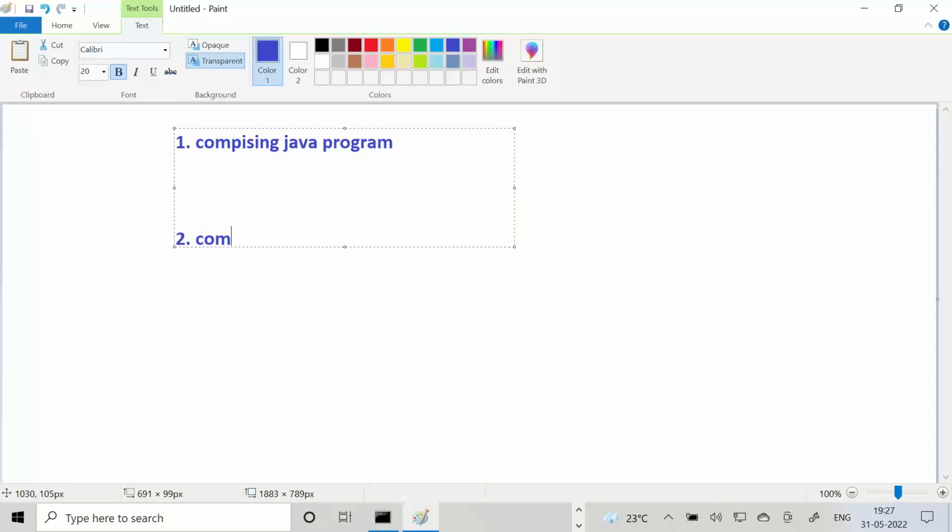Second is compilation, compiling the Java program. Third is running the Java program. Composing, compiling, and running.